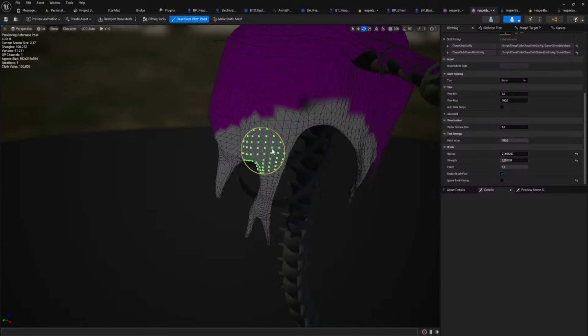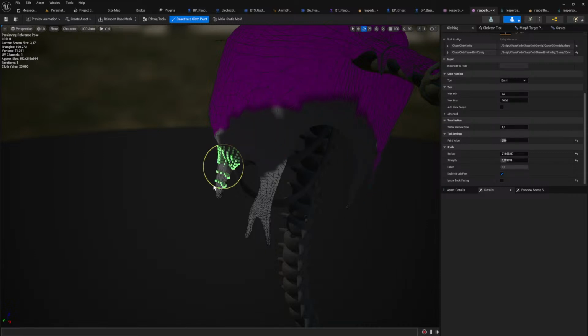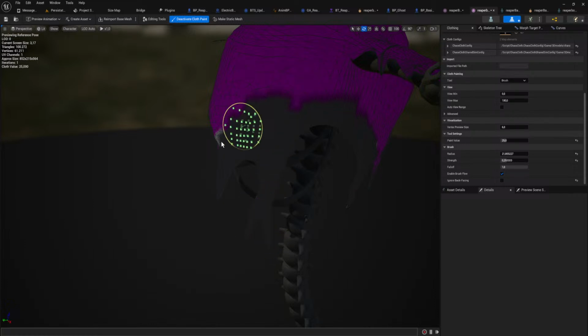But this still feels like it is just setting them to a value of 1. Oh, that's because my paint value is set to 100. I want to set that to like 25. Does this override or does this add? This overrides. That is actually fantastic. And then maybe the very bottom tips here will increase a little bit to like 30 something.